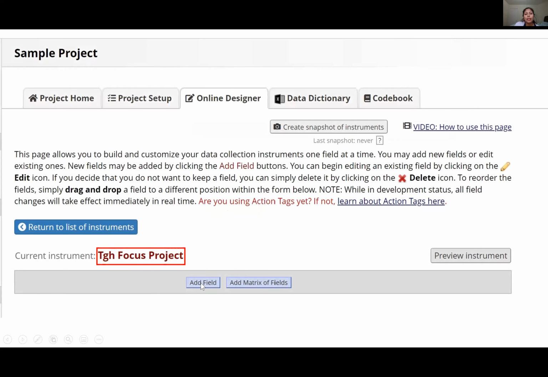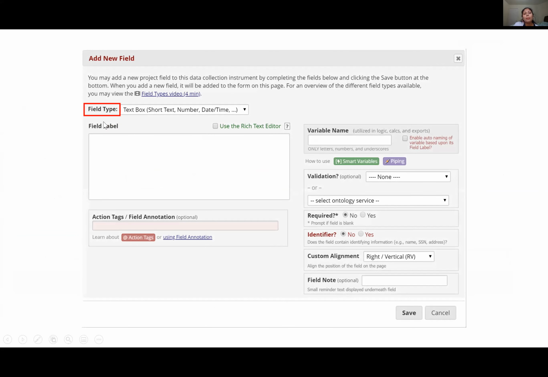What I do is I add a field. A field is what, in the data collection instrument, would be like a question in a CRF. So let's say I hit that button, and that will bring me up a pop-up. And the pop-up has a field type. The field type is the type of question I want to ask or answer if I'm the data entry personnel